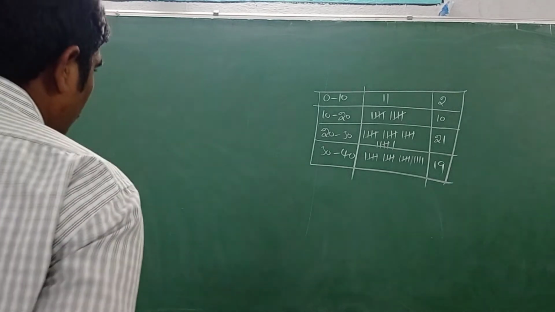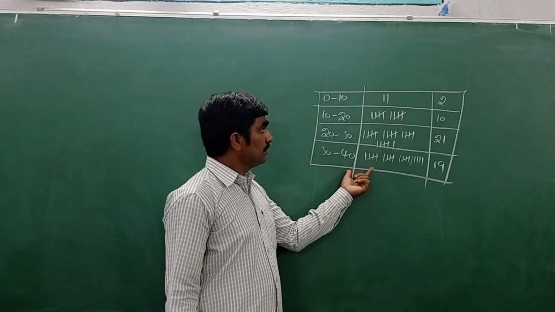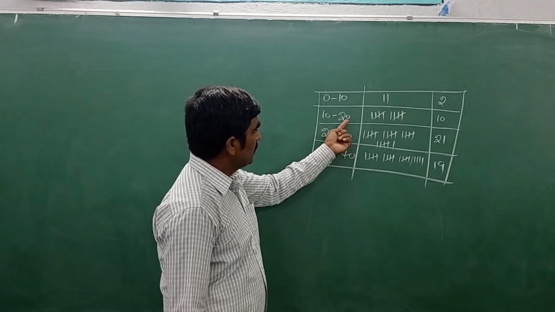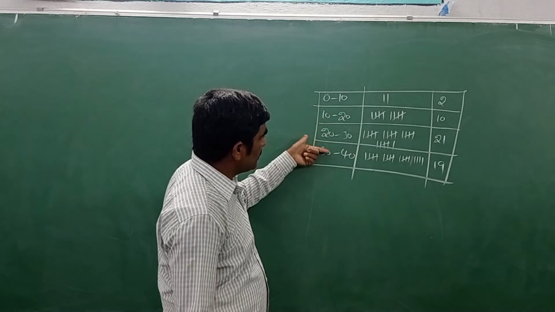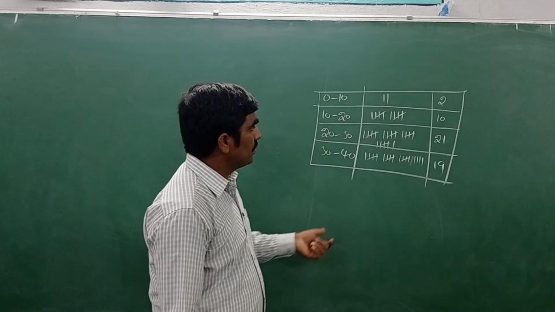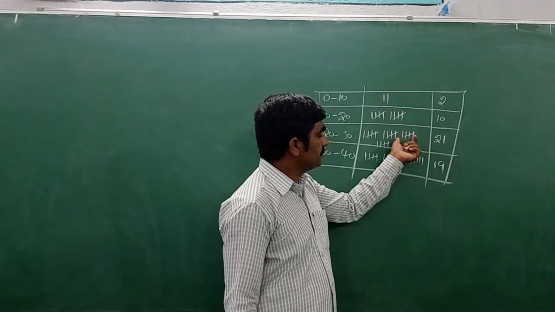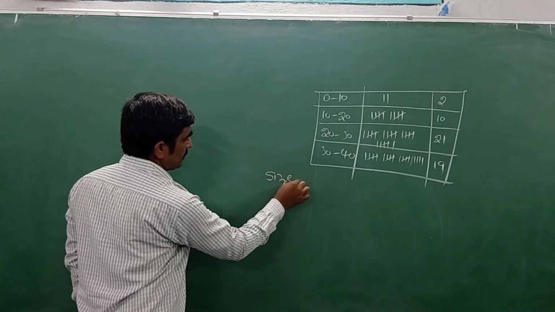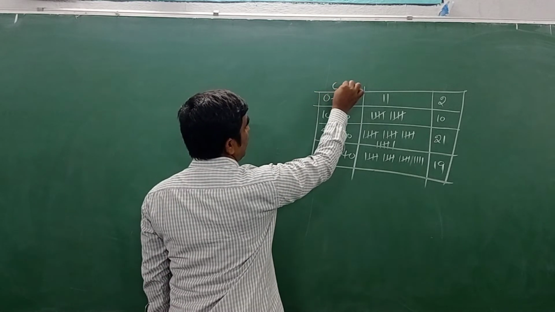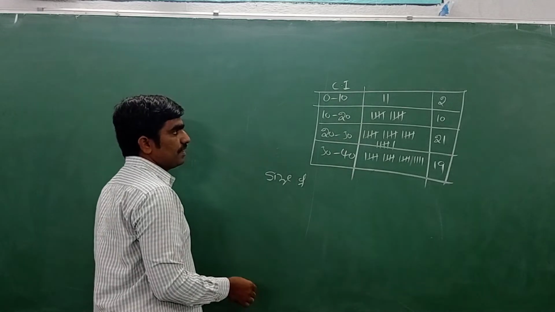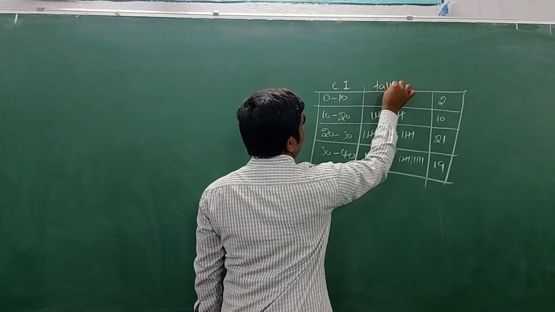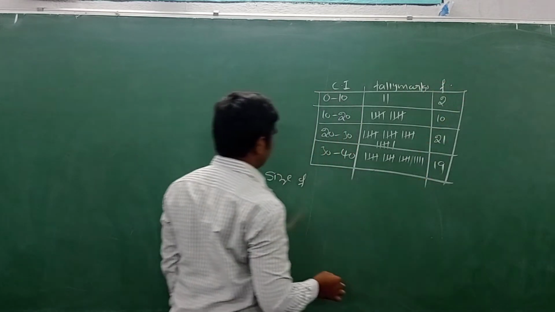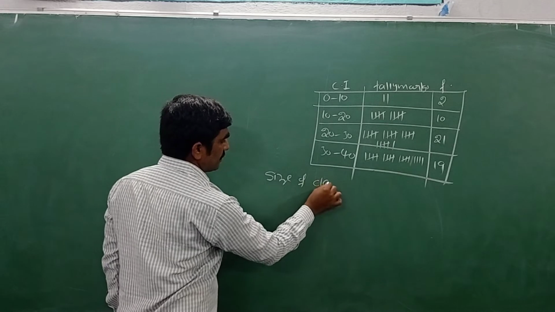Here we can see one grouped frequency distribution table. 0 is the lower limit, 10 is the upper limit. 10 is the lower limit, 20 is the upper limit. These are called lower limits and these are called upper limits. So you know how to represent with tally marks. Then see here, we have the size of the class interval. These are called class intervals, in short form we can write CI, and these are called what? Tally marks. And this is what now? Frequency.